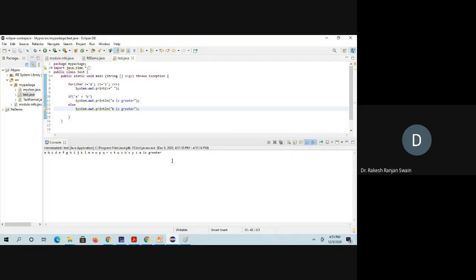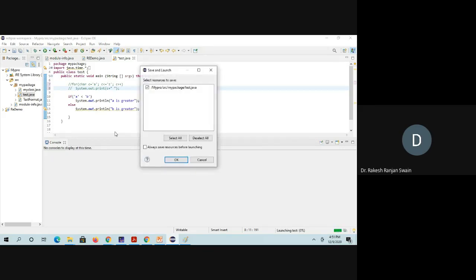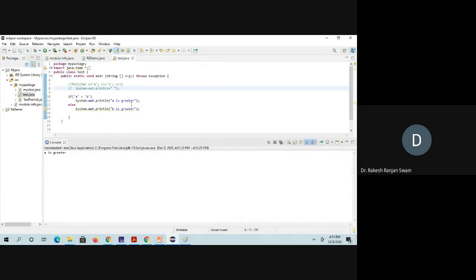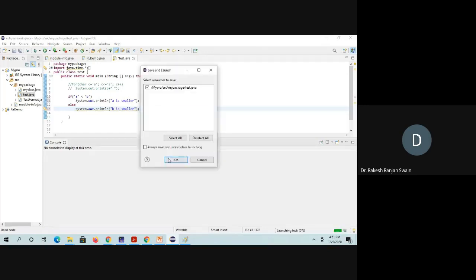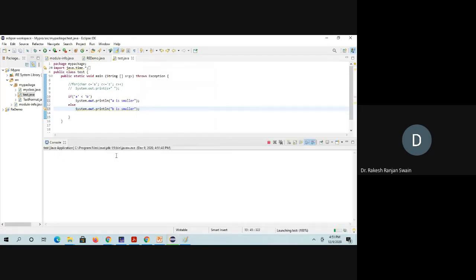Okay, just stop this loop and only check for this. Now see, the first statement is printed here: A is smaller. That means the condition is true, so this statement is printed. The ASCII value of 'A' is less than 'B', so it prints.